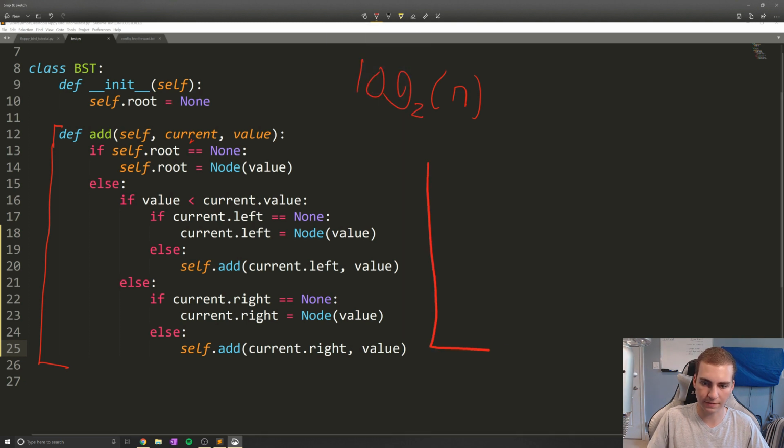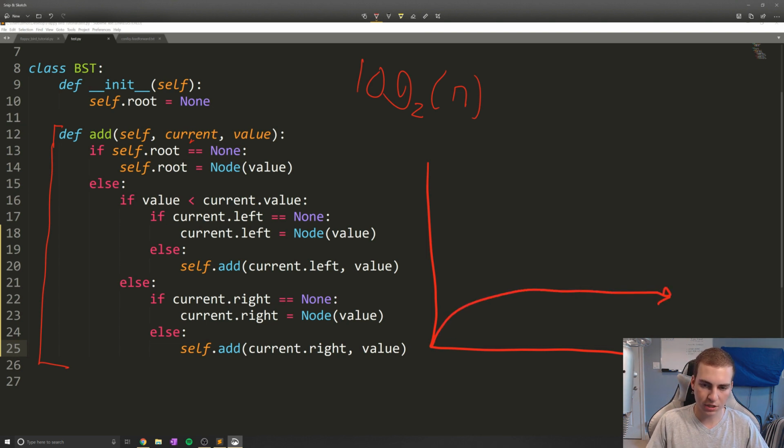If I draw a little graph down here, I'll just draw what the log function looks like so you can actually see at least the positive side. It looks something like this. So essentially, if this is time, this axis here, and this is n, which means how many things we have in our binary search tree, as n increases, time very slowly increases,